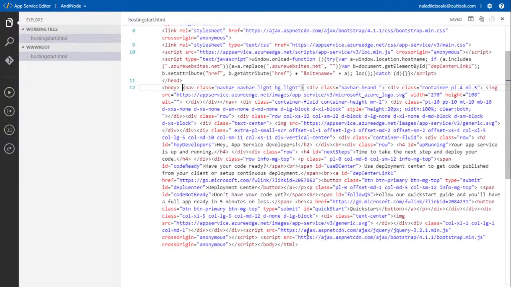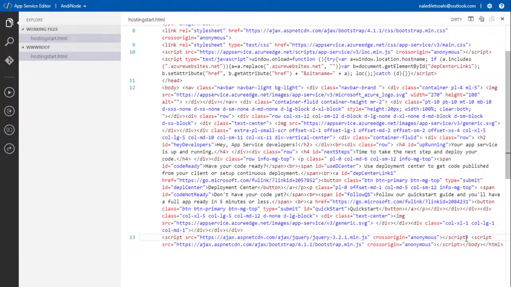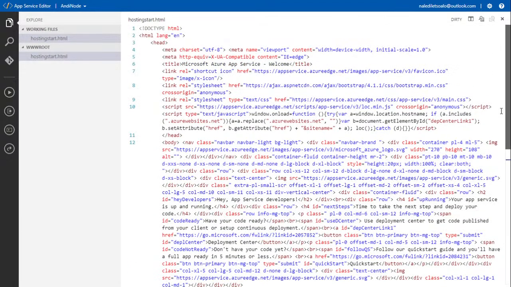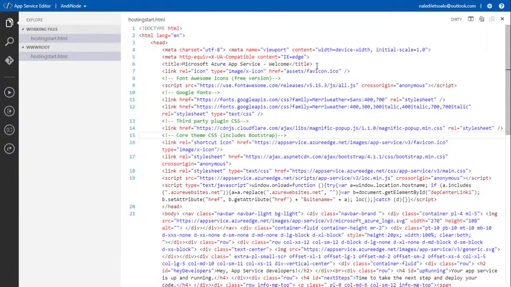Oh, in fact, firstly, before we do that, go to the bottom. I want to make sure that all the scripts have their own line, because I can then read and understand exactly what's happening with this code over here. All right, cool. So I want to change here at the top where I have got these links. So I'm going to throw in the links again like I did the last time. And I'm also going to change the title of the page to Andy Challenge Node.